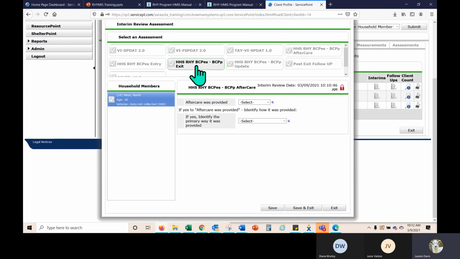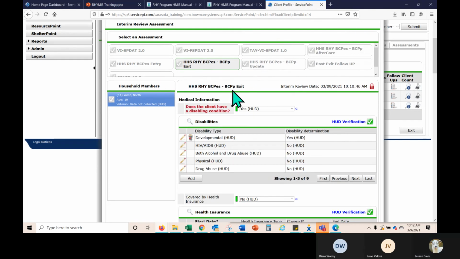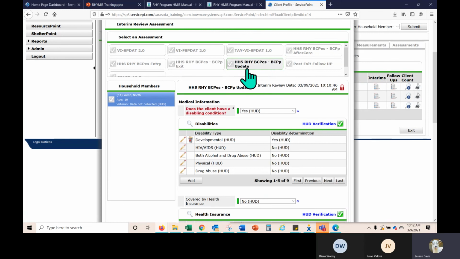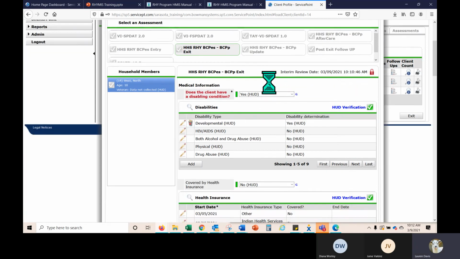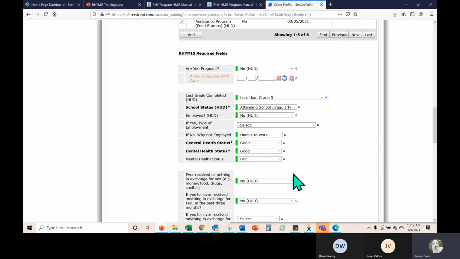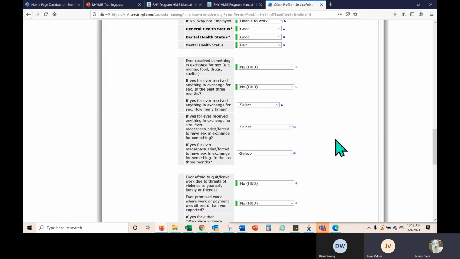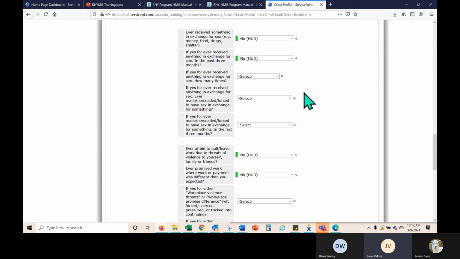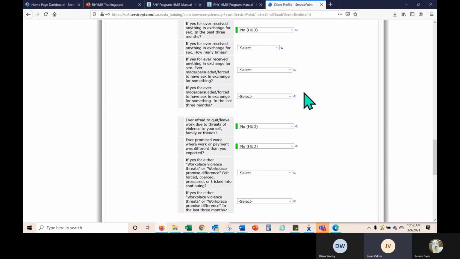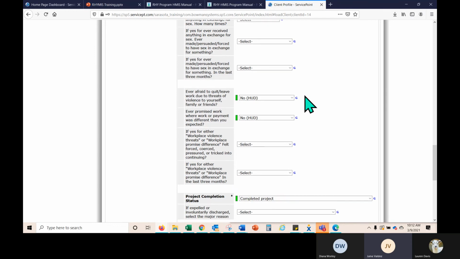That's what all these little assessments are. This is your exit. So what would make sense to me is that your exit would essentially become your interim, because you want to ask these questions while the client's in here. I don't know why. It's very strange to me. Maybe we can put that in our process to do before we ask those questions at exit.